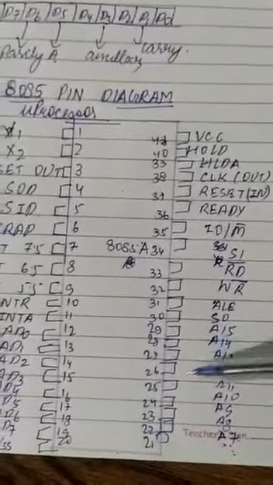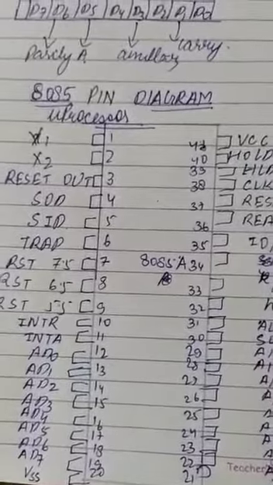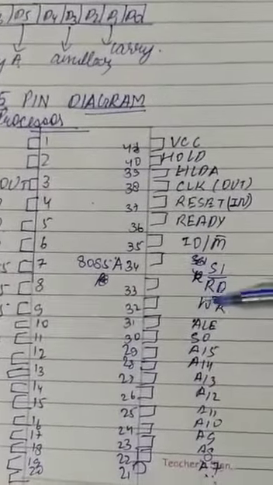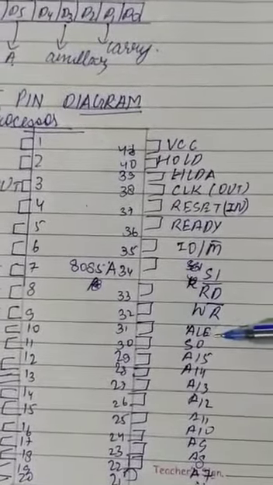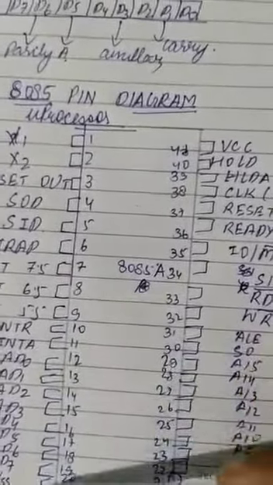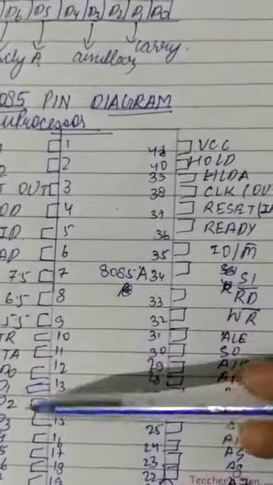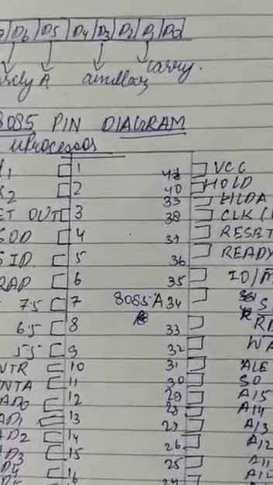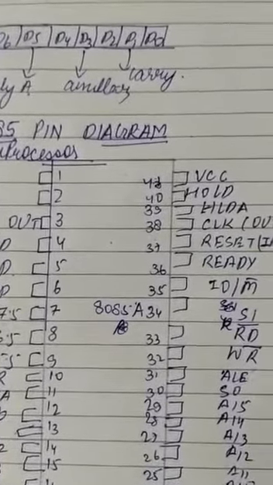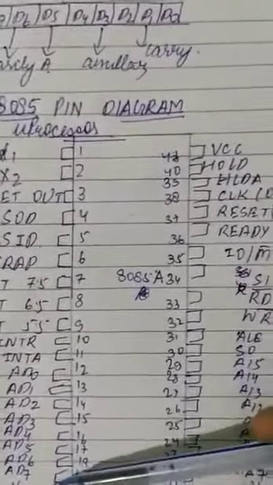As soon as the ALE gets enabled, the address will start passing from the peripheral device to the microprocessor, and as soon as its value gets lowered, that is 0, disabled we can say, the data will be fed automatically and it will get stored inside the latches. I'll explain how these various processes work in a very clear manner in the form of diagrams in the coming video lectures. So till then, understand it this way.